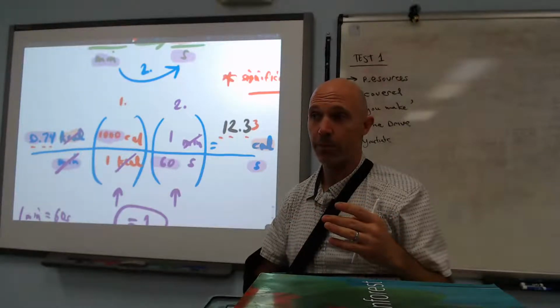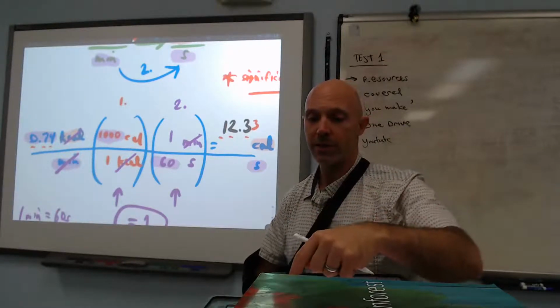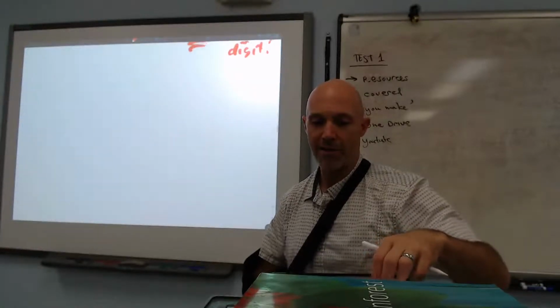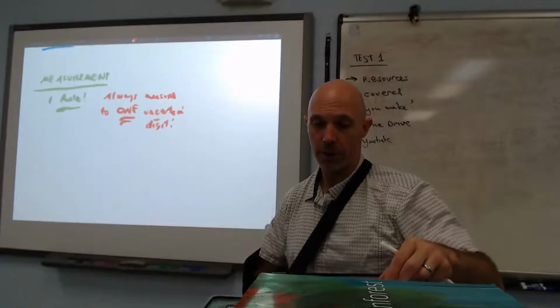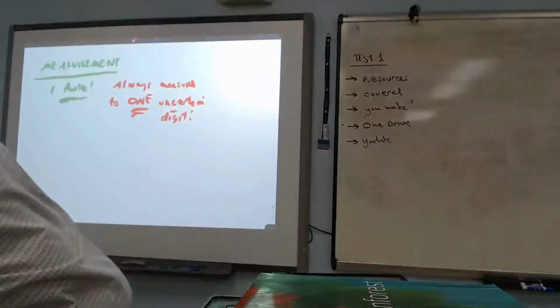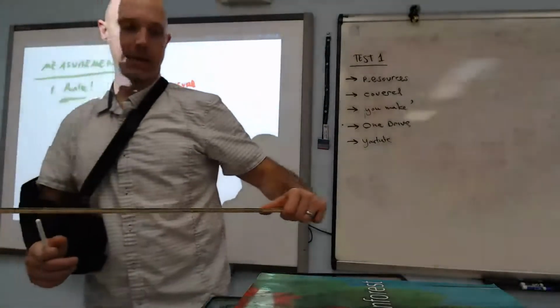What about the whole uncertain digit thing? An uncertain digit isn't going to factor in on this. An uncertain digit is going to factor in when you have an actual thing to measure. So this is with a ruler actually in lab. So if you have a meter stick like this,